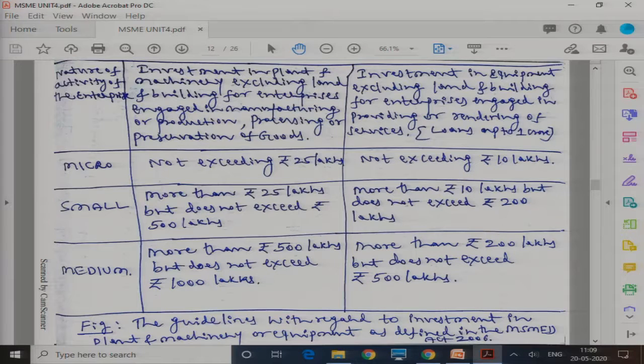So if the criteria is investment in plant and machinery for production, if this is the criteria, then if it is a manufacturing industry, so let me give a table for micro, if it is small and medium, and then for